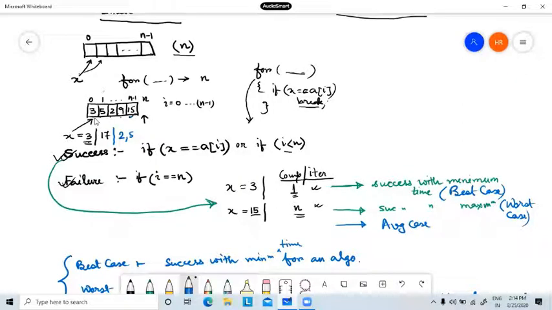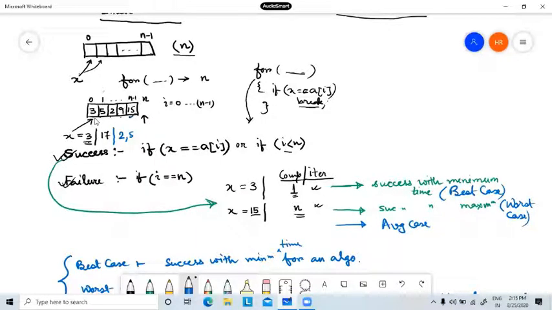So you have to write, in case of linear search, what is the best case? These are very important viva questions. For linear search, the best case is if I found the element with minimum time complexity, or you can say my element is at the front and I'm starting the search from the front, then it will give me the best case.